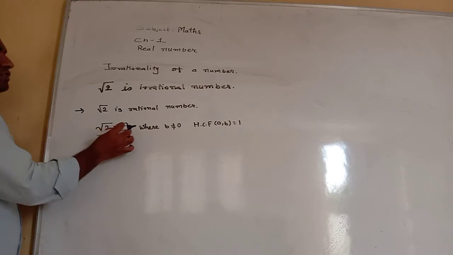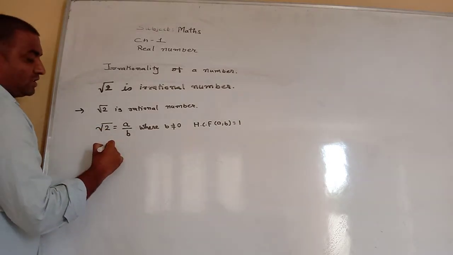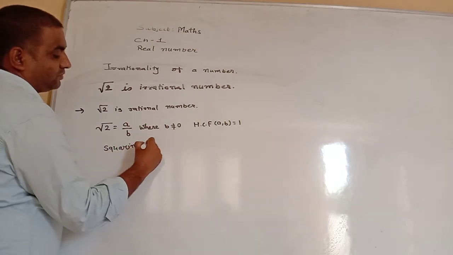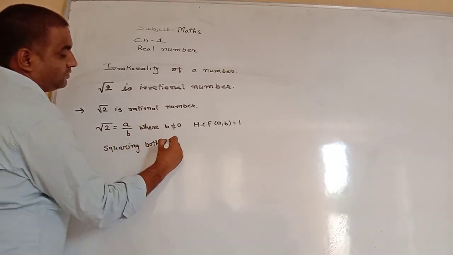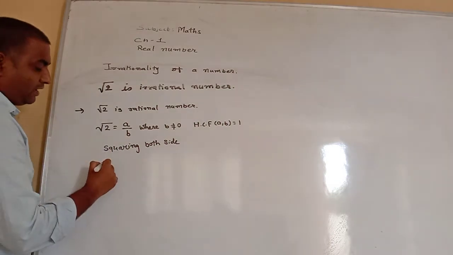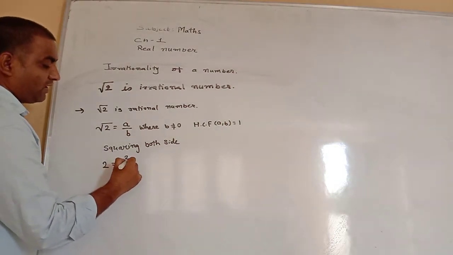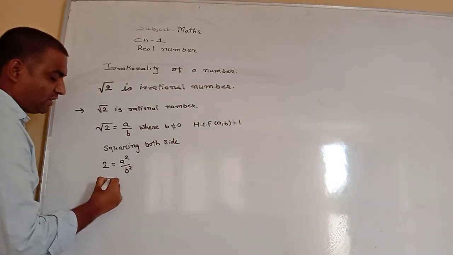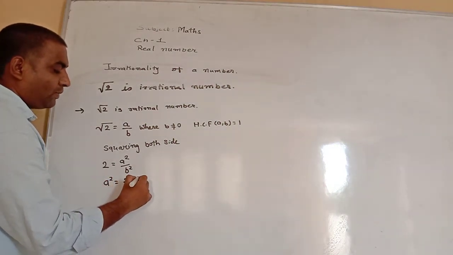So root 2 equals a by b, squaring both sides, we get 2 equals a square by b square,